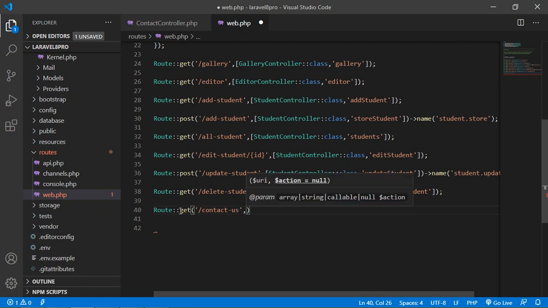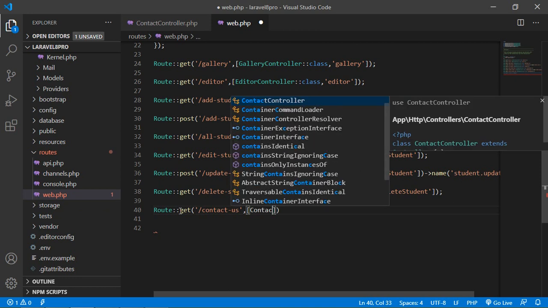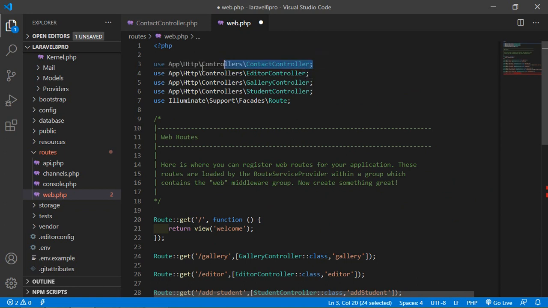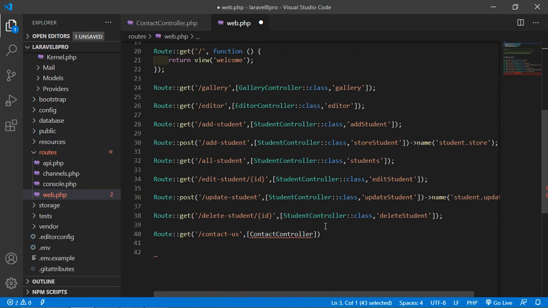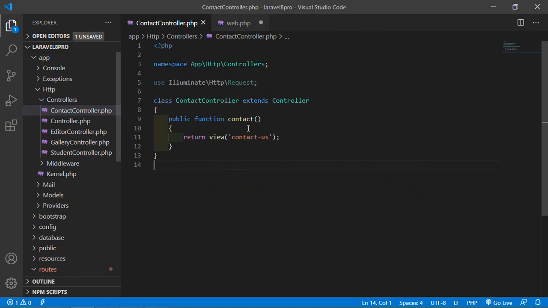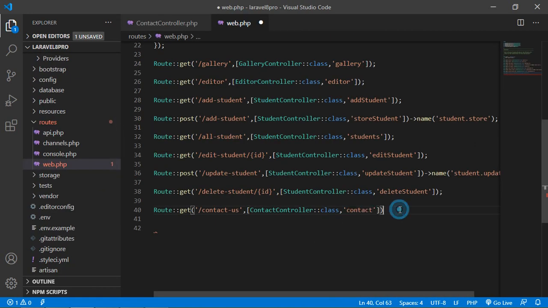Okay, now add the controller name inside the bracket. So just write ContactController. Also add the controller like this. Okay, and now add ::class and here add the function name, which is contact. Okay, so just copy this function and paste here. Now save this file.